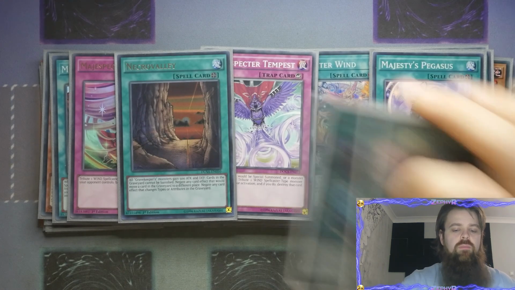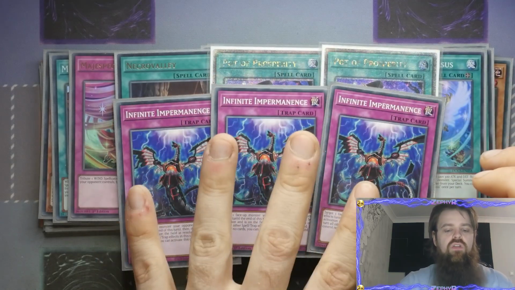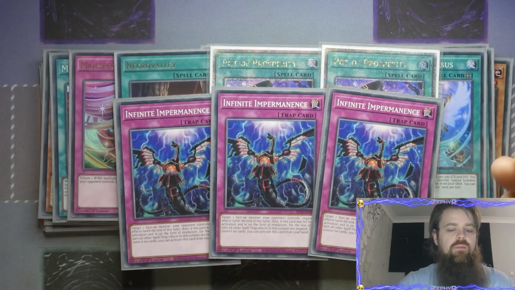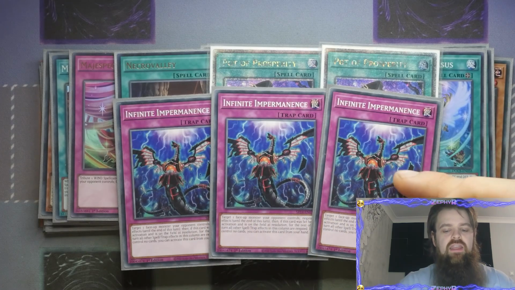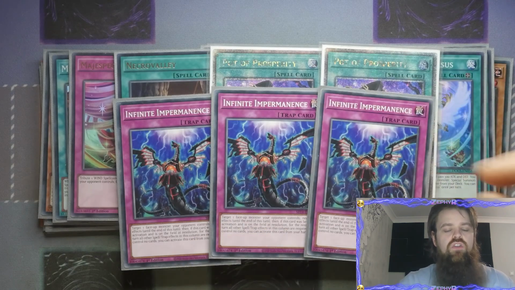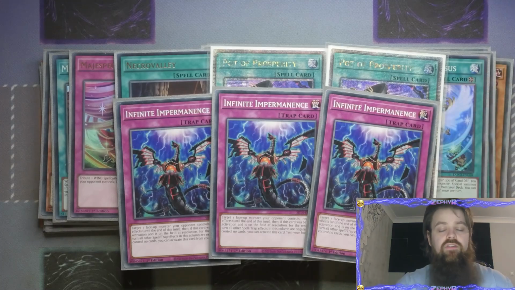So the cards that I've gone in there are a bit more generic: 2 Pot of Prosperity and triple Infinite Impermanence, just because by utilizing Infinite Impermanence, you're able to play around stuff like Talents, which I expect is quite predominant in most matchups, and it allows you to go first or second. So being able to trade this as a 1-for-1 negate on a board, should you be going second, is really important. And then the Pot of Prosperity, digging into your Majespecters specifically, can be massively helpful